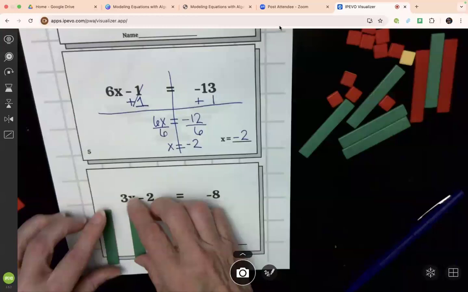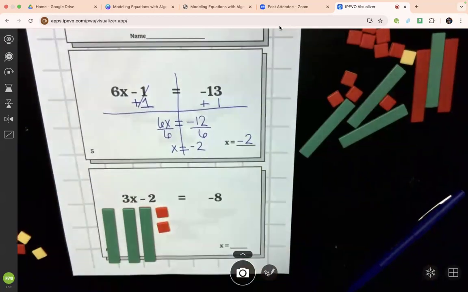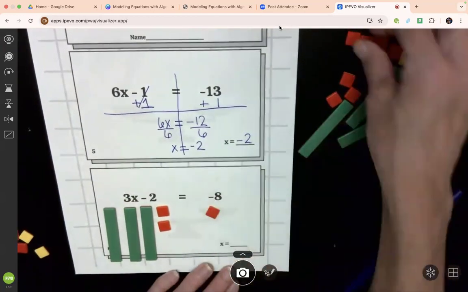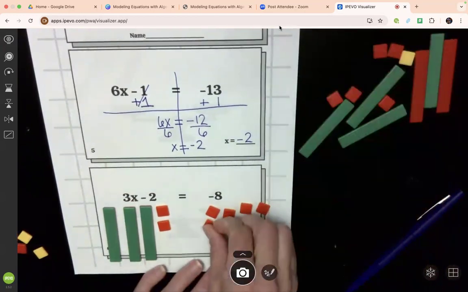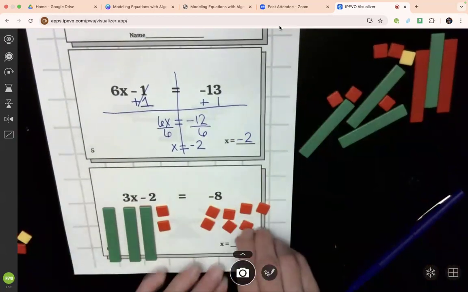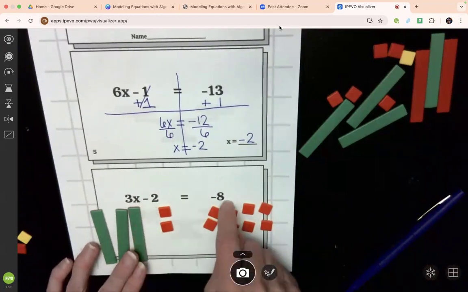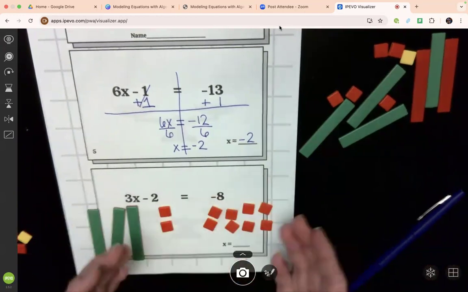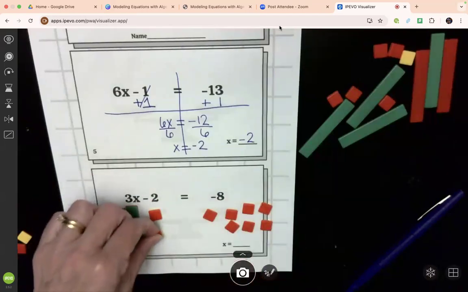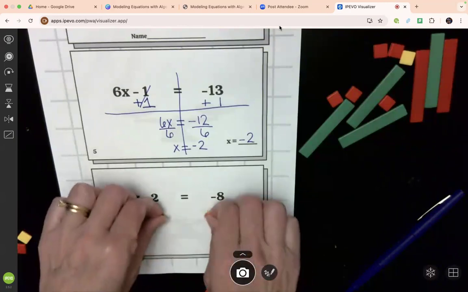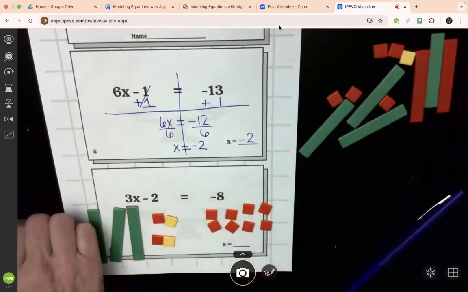So I have 3x and a -2 equals -8. All right. So it's interesting when we're doing this in writing, we're going to add 2 to both sides. When we're modeling this with our tiles, you can just take 2 away from both sides. However, taking 2 away from both sides is the same thing as adding a positive 2 to both sides, because